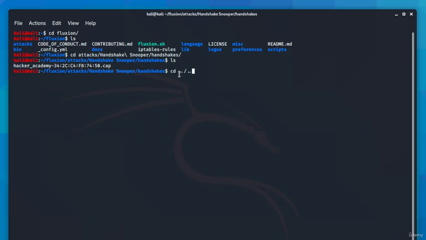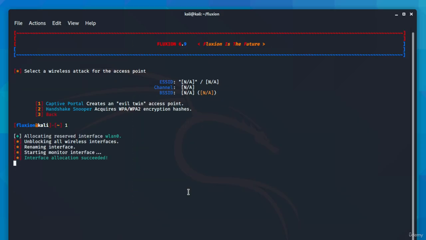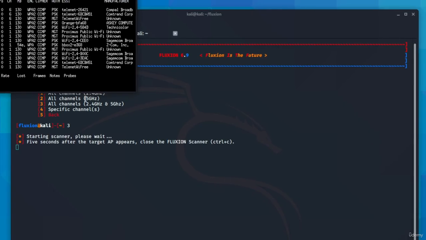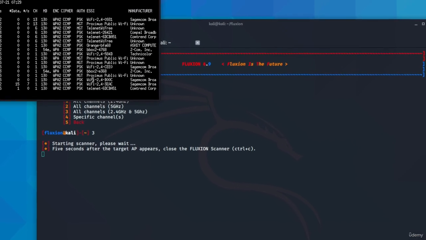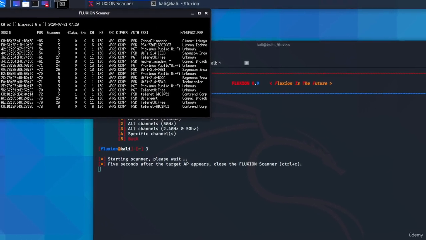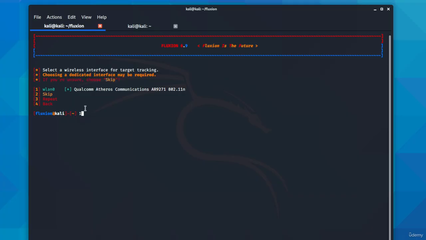So go back to the Fluxion folder again, run a bash file with sudo, select captive portal attack. Now select the channel of the access point that we want to create a fake access point for. So if your target access point appears on this screen, just close the scanner with Control-C, enter the number of the target access point,